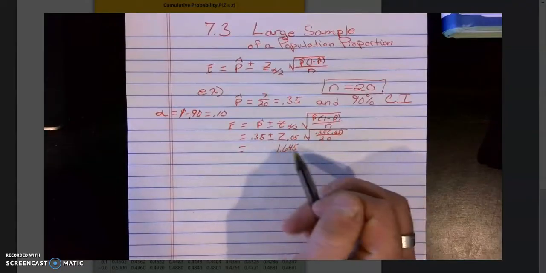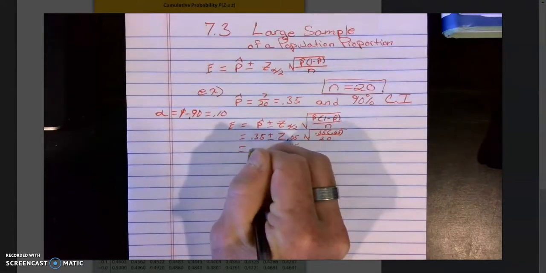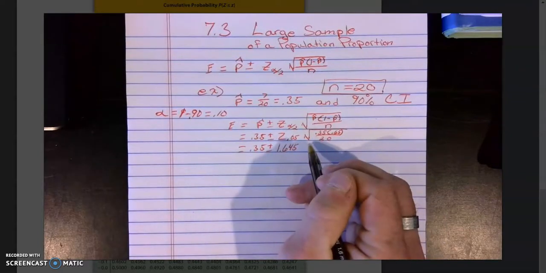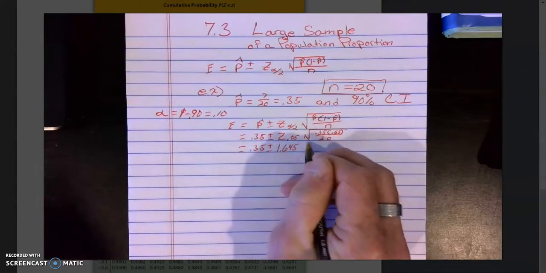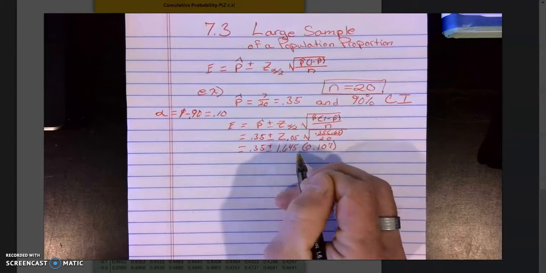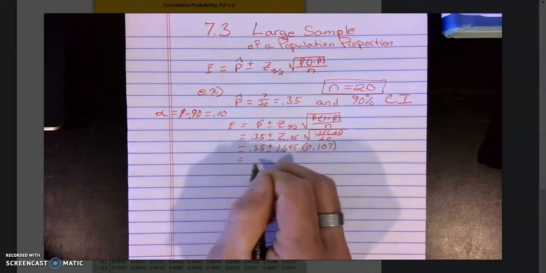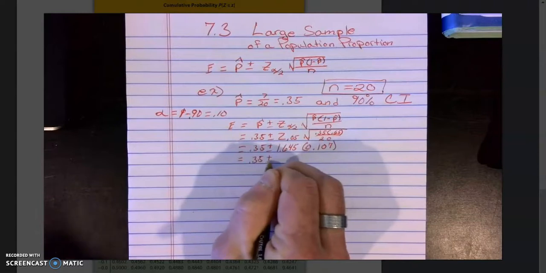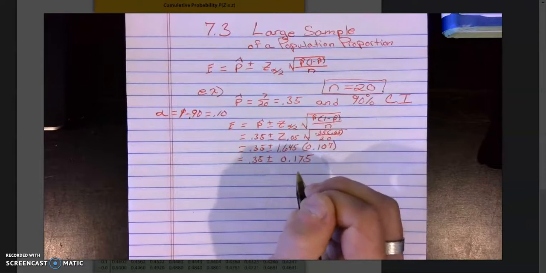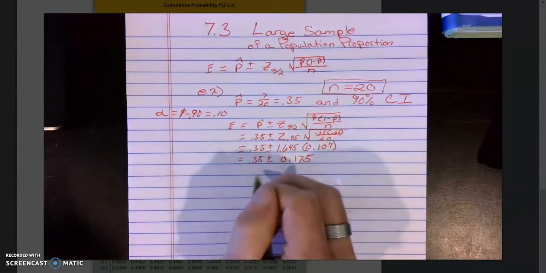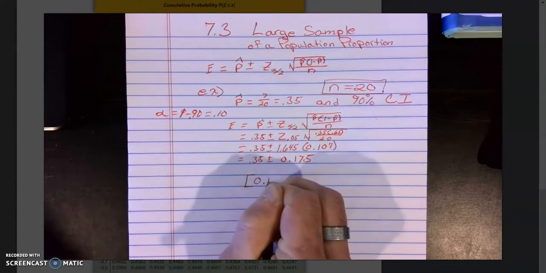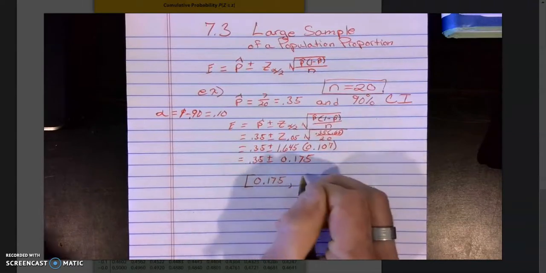We have now written 1.645 right in here, so now we're just going to bring down the 0.35 plus or minus. Remember, that's our z-score. We're going to simplify this. When we simplify it, it ends up being 0.107. We multiply these values together, and we get 0.35 plus or minus 0.175, and now we can write our confidence interval. Our confidence interval here is going to be 0.175, comma,